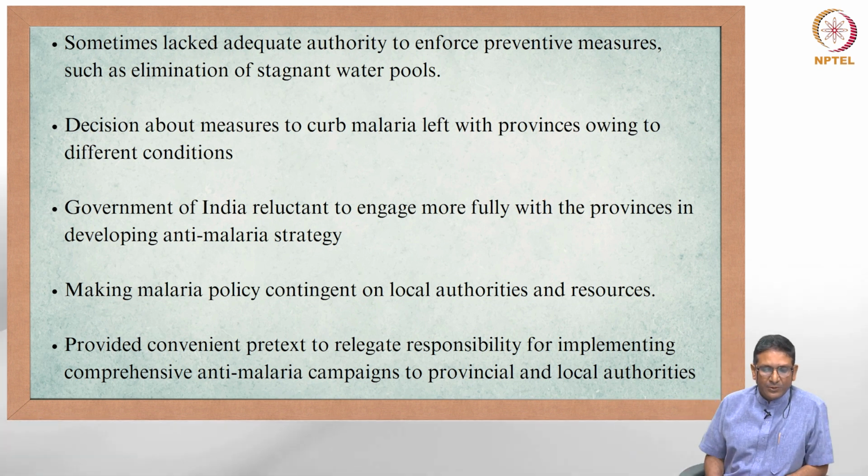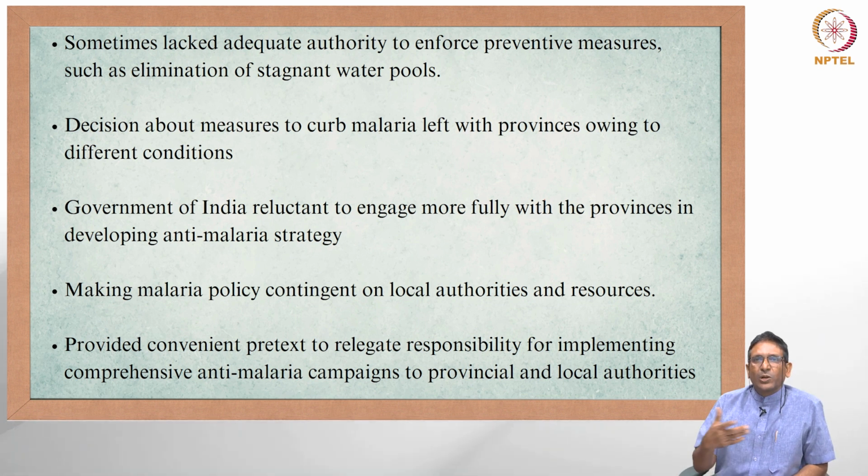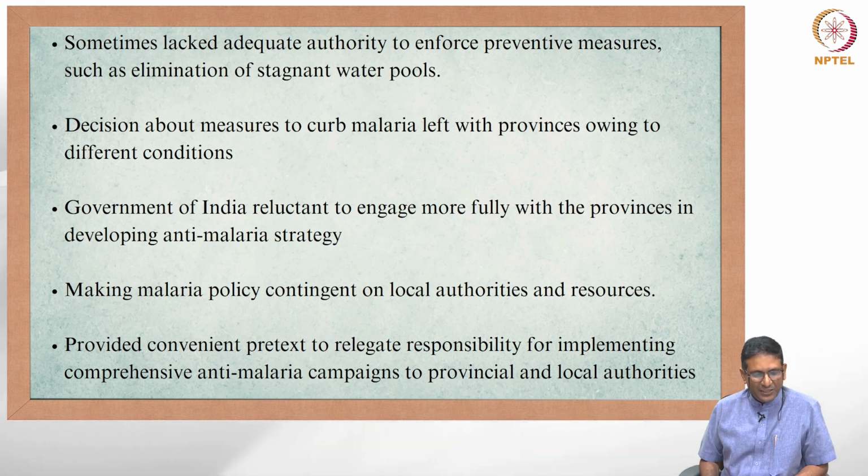And so thus making malaria policy contingent on local authorities, local peculiarities, and local resources. So this also provided a convenient pretext to relegate the responsibility for implementing comprehensive anti-malaria campaigns to provinces and to